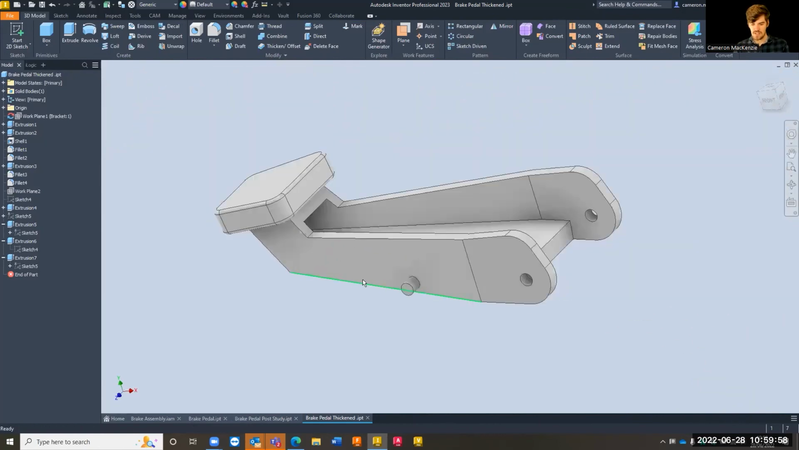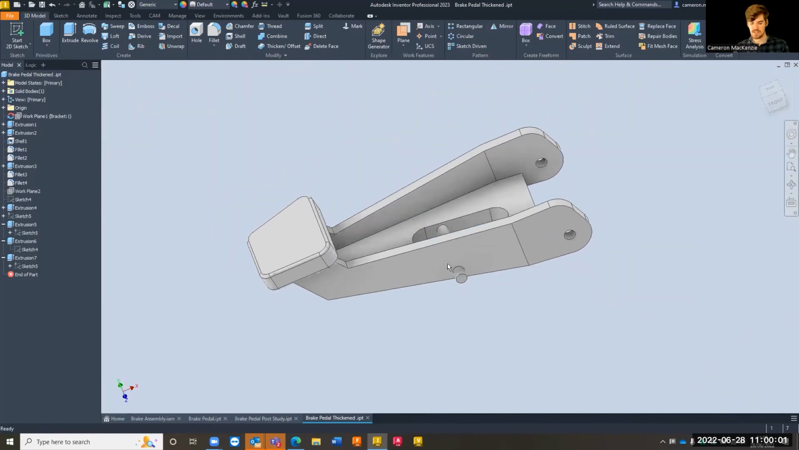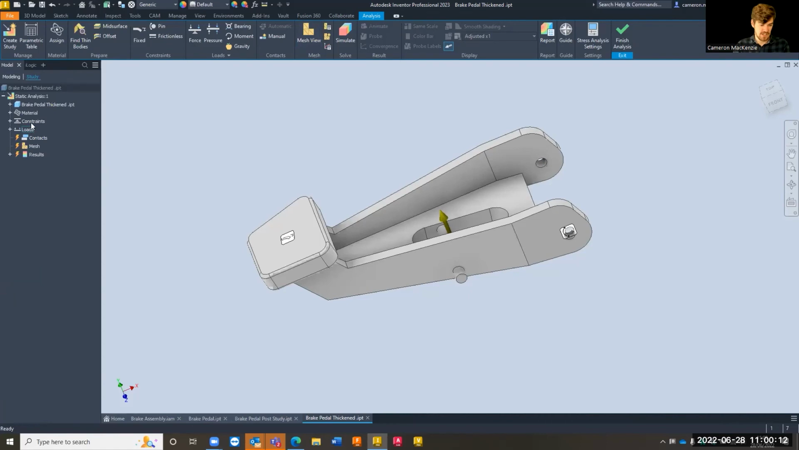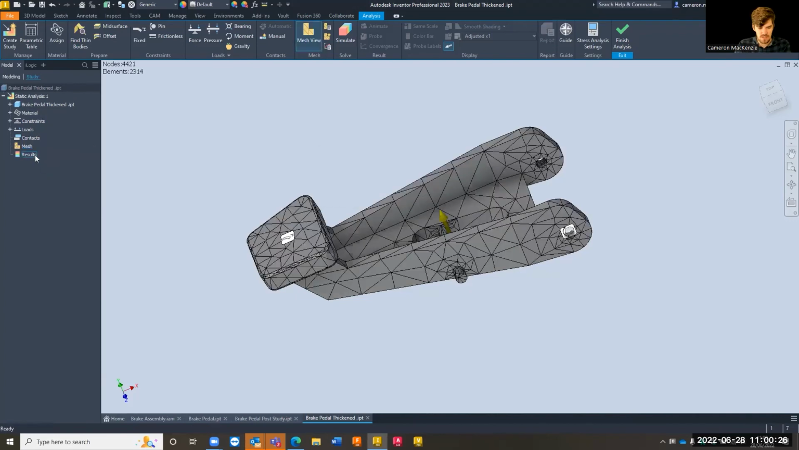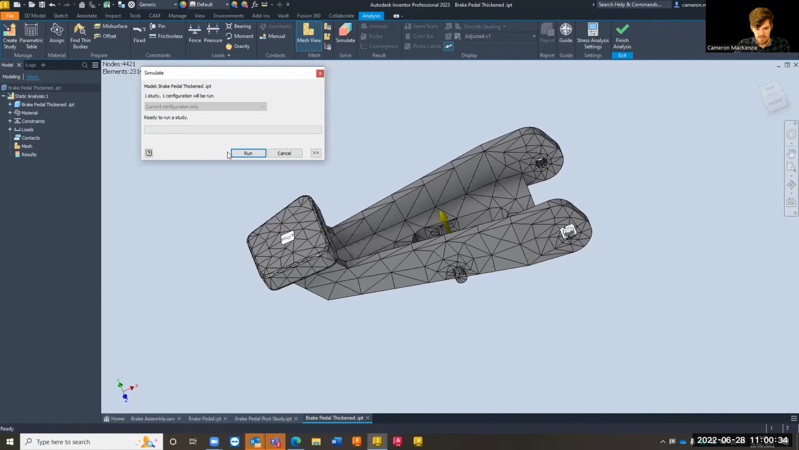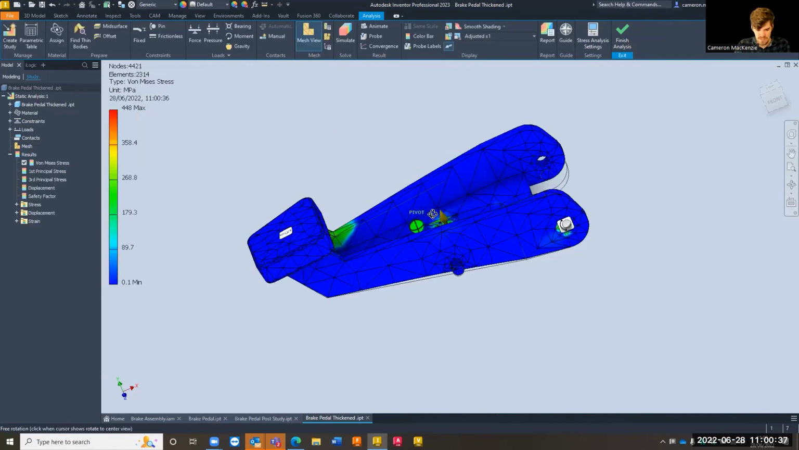So essentially what I can do now to confirm that this has improved my part is I can go into my stress analysis from here. I just want to see if I had one set up. I didn't, so that's fine. We can go into stress analysis. I did actually have one in here, and this was using pretty much the same loads, same structure essentially. I can come in and just update my contacts, update my mesh, and that should now allow me to run through that study again. So I can hit simulate, run my study,